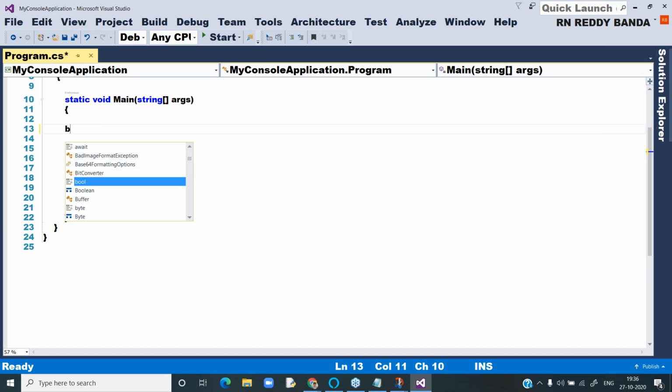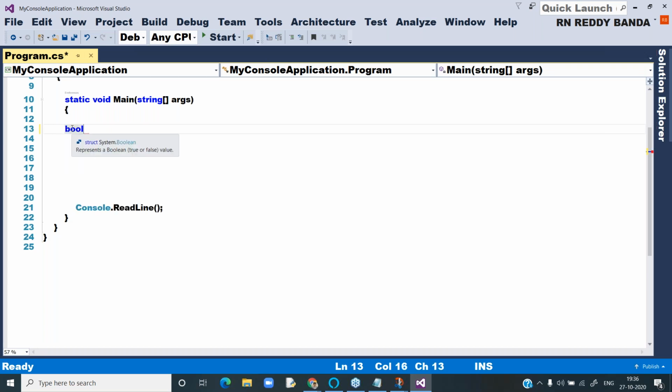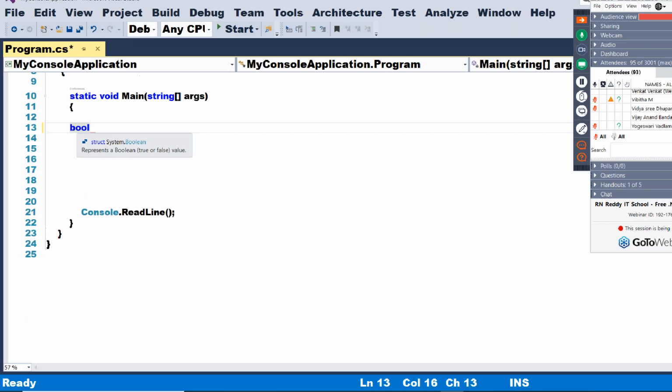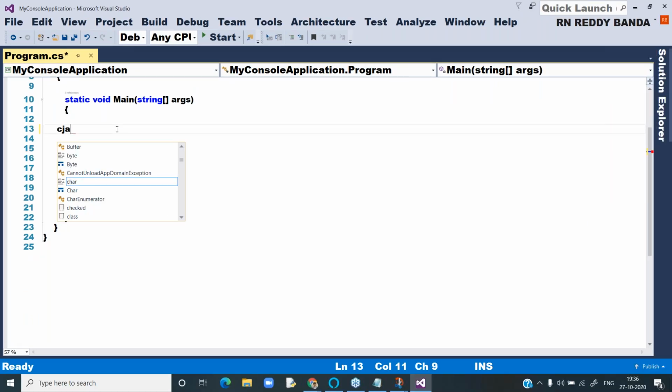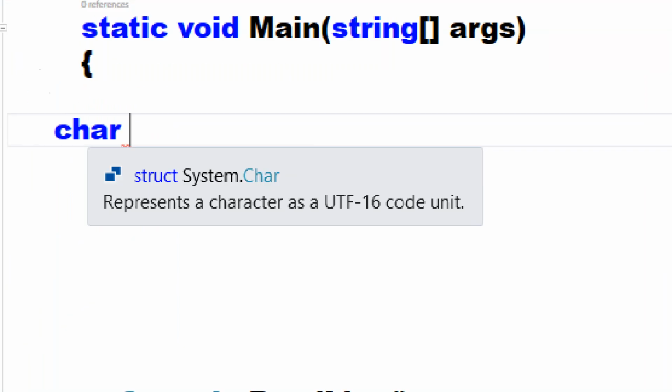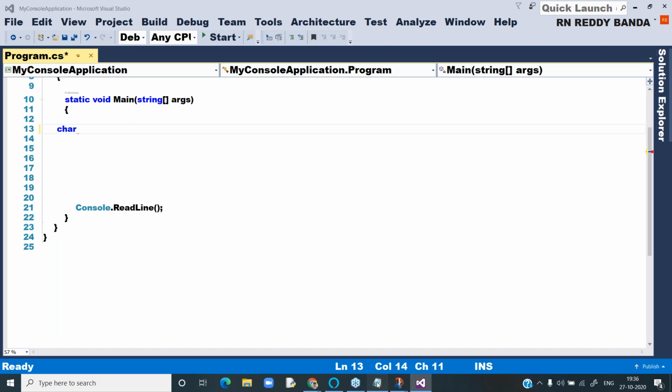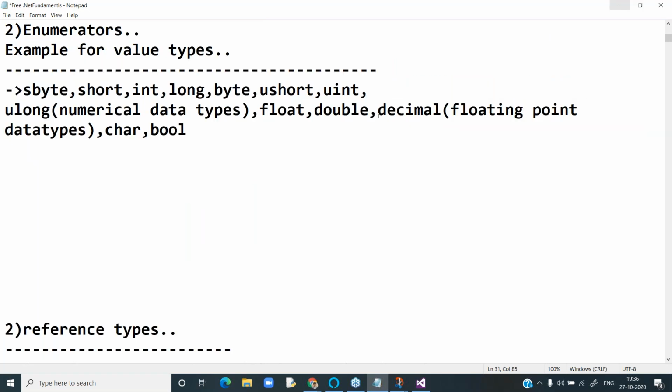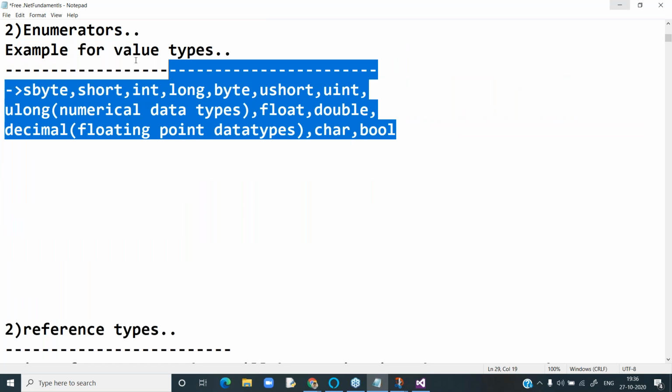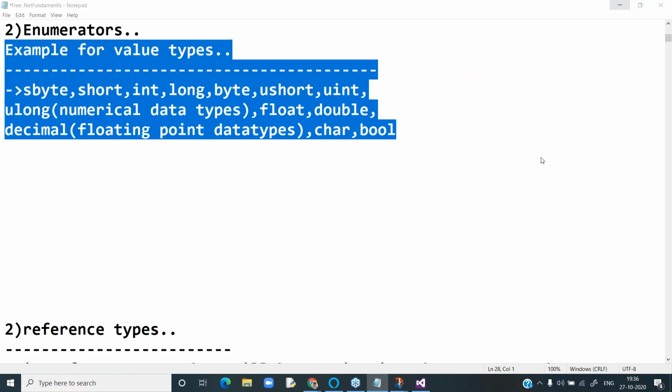Value types data will be stored in stack memory. That's the reason these data types are called stack-based data types. Stack is a data structure which can contain a collection of elements. Stack supports only one end, the top end, so insertion and retrieval happen from the top. Stack follows an approach called LIFO, last in, first out. The last inserted element will be retrieved first. A value type variable contains the actual data. In C#.NET, value types are structures and enumerations.